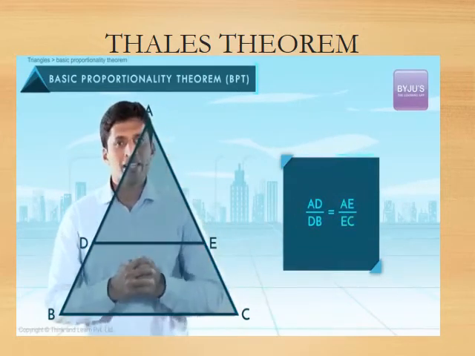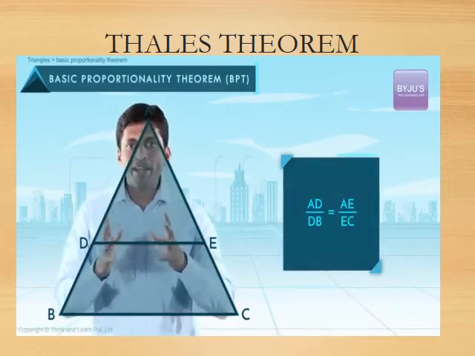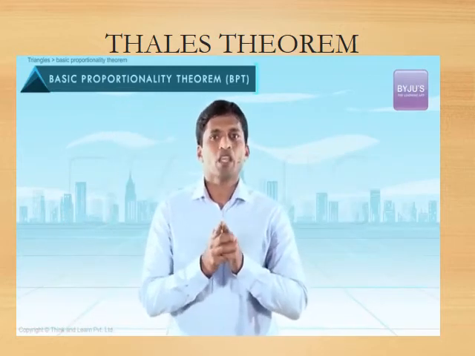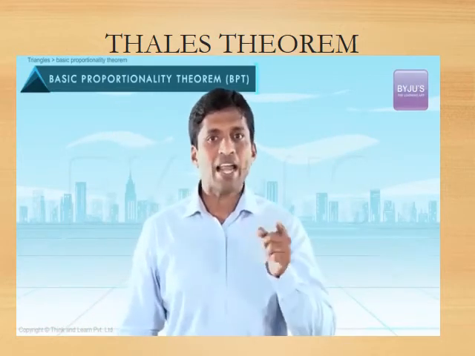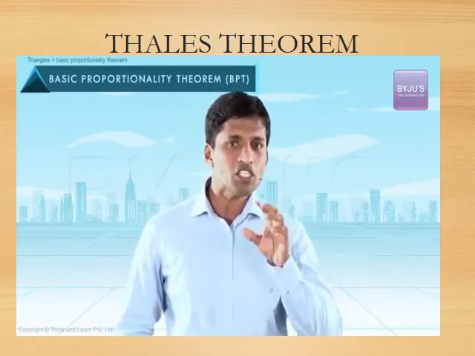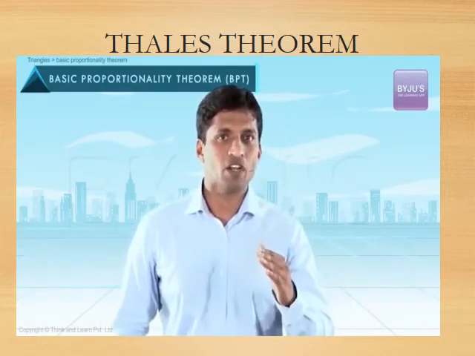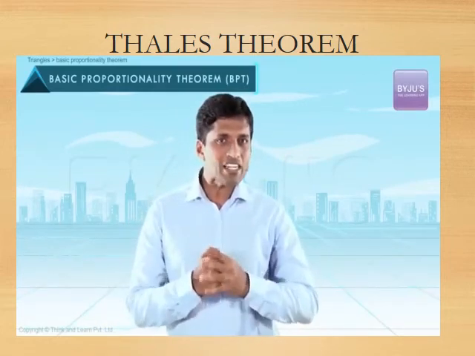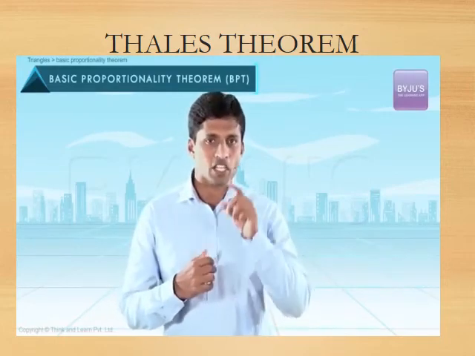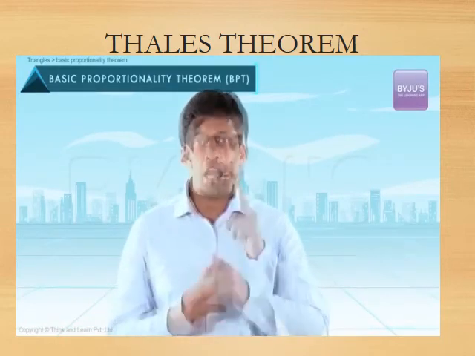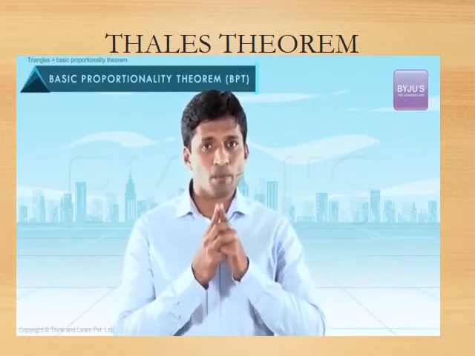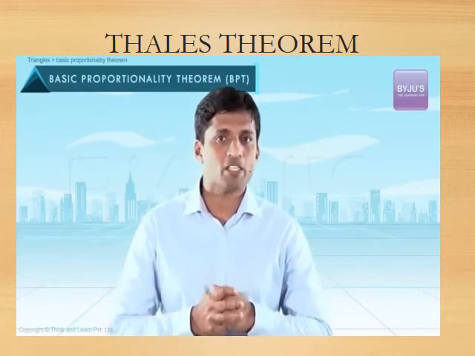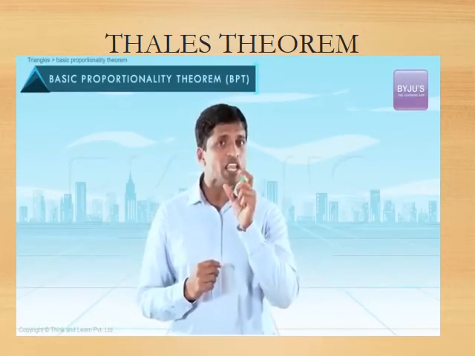Proof for this theorem is again very important, but there is no point in trying to memorize all these proofs without understanding. That will take a lot of time even for good students. So I'll guide you through the logic required to arrive at these steps so that you can easily go to the next level without putting any effort. First, at its lowest level, what you need to understand is it's a concept based on length. Why is it a theorem based on length? Because you're supposed to prove that the lengths of the two sides are divided in the same ratio. This is a very, very important point.